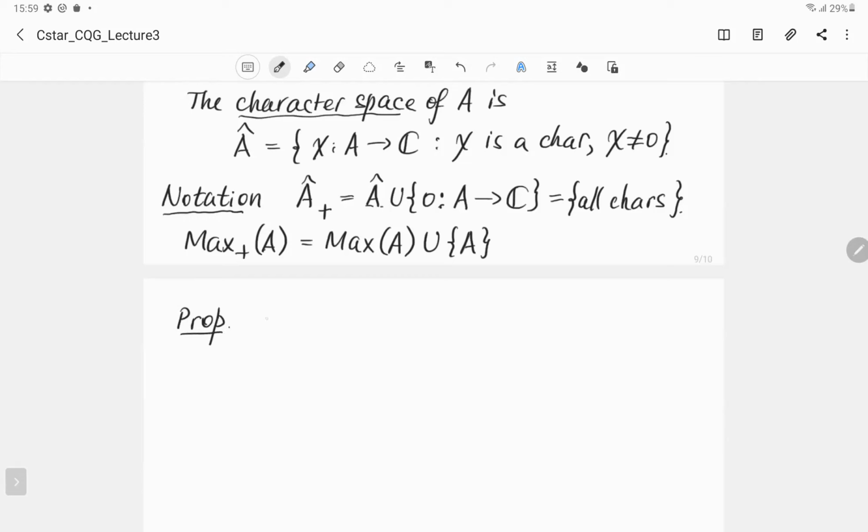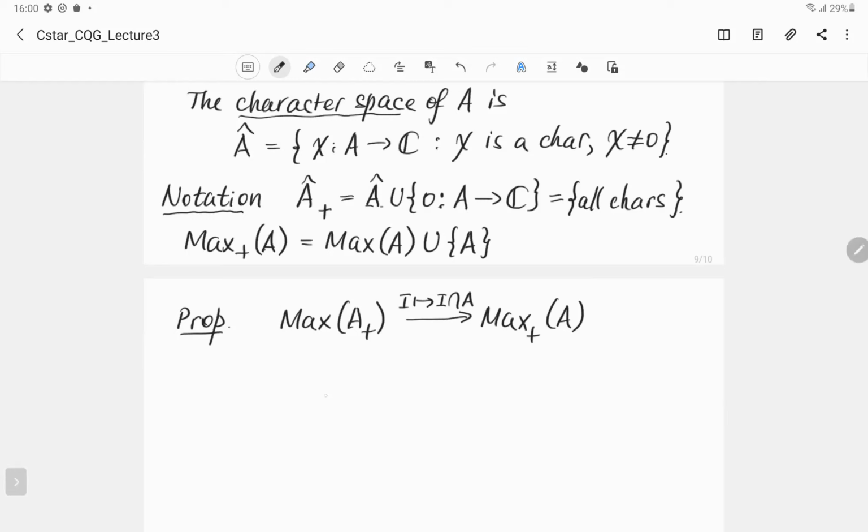So we have the following commutative diagram of the following form. We can take the maximal spectrum of A plus and construct a map from this maximal spectrum to max plus of A, which is defined as follows. It takes each maximal ideal of the unitization to its intersection with A. And I claim that the result will be either A itself or a maximal modular ideal of